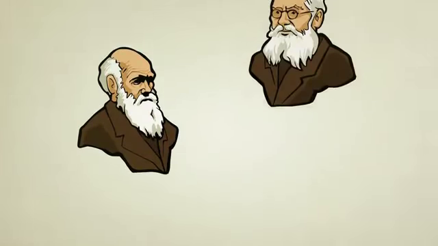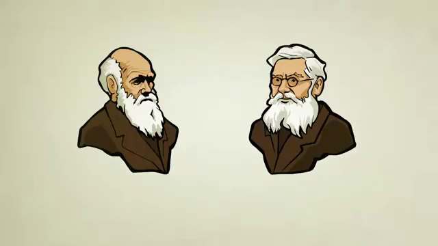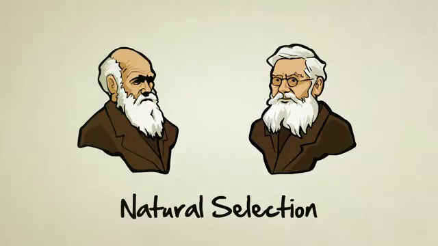In the mid-1800s, two men, Charles Darwin and Alfred Russel Wallace, independently discovered that a breeder is not necessarily needed. There is another force capable of guiding random evolution to produce order and complex function. They called it natural selection, which happens to be the entire topic of our next video. But before you move on, let's recap what we've learned so far.